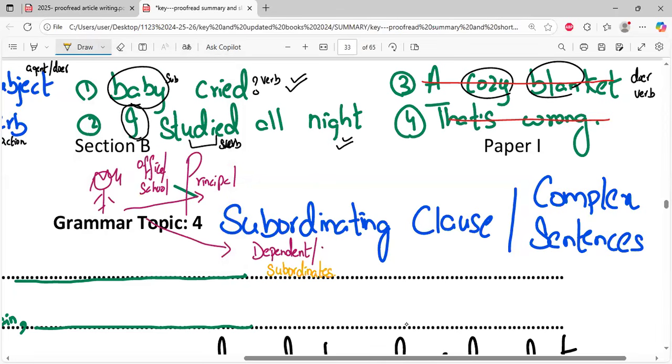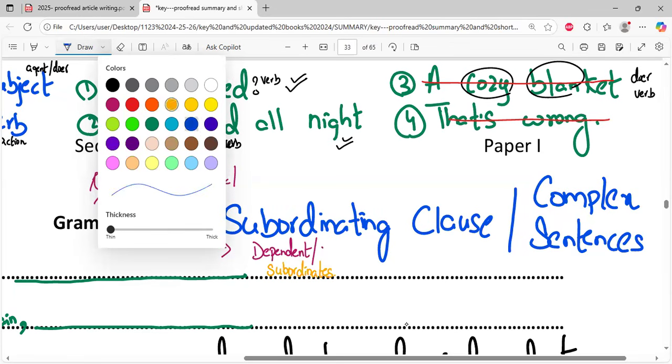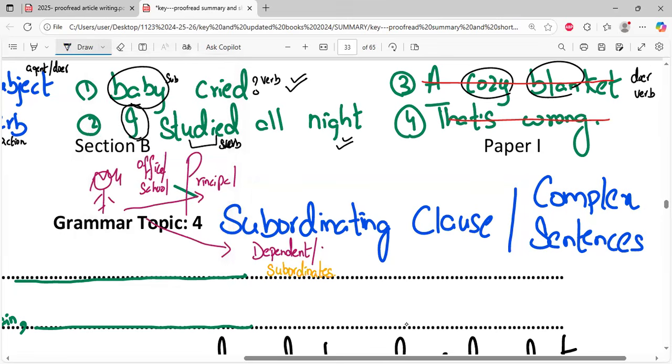That is why this is also called, in easy words, dependent clause or subordinating clause or complex sentences. Your father works in some office. Let's take another quick example so you don't have to rote learn anything and it becomes easier for you to comprehend. So your father is the CEO in some office, okay? And there are other people who work under him. So there is someone from human resource, there is a manager, there is an accountant.